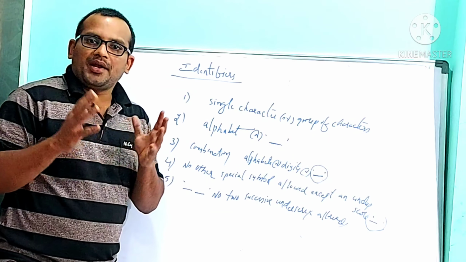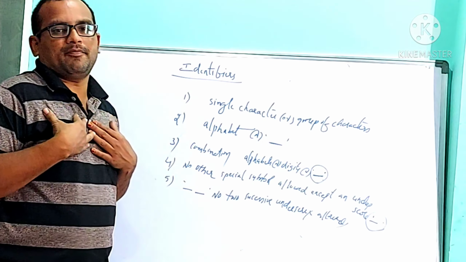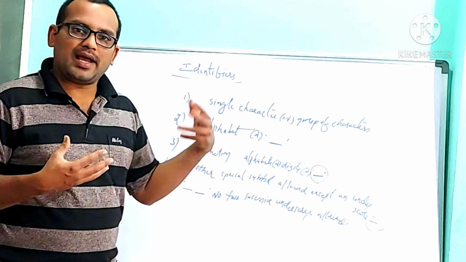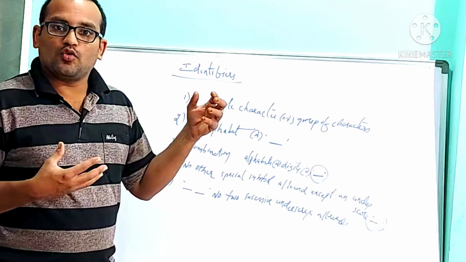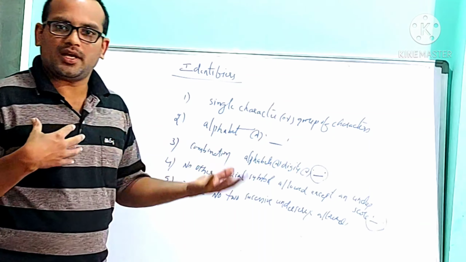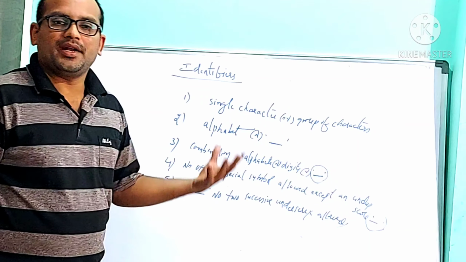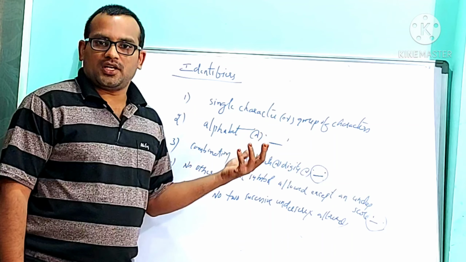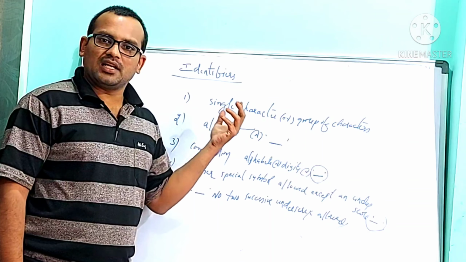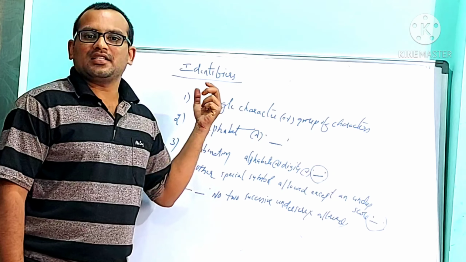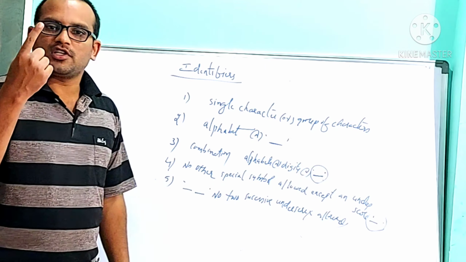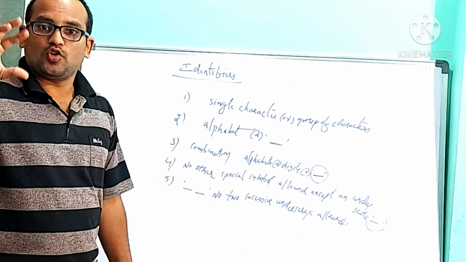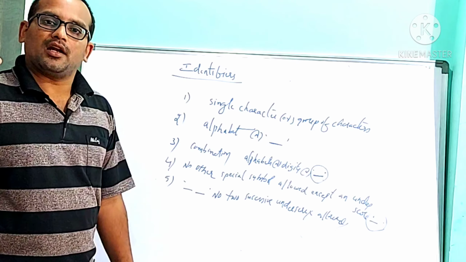Again, I'm telling you, identifiers are the names. My identifier is my name. Like that, in C also, we are giving names to variables, arrays, strings, structures, unions. So who is giving that name? User. So any name given by the user is called identifier. And while naming an identifier, we need to follow some conditions. That identifier name contains either a single character or a group of characters. The first character must be an alphabet or underscore. Remaining all characters are a combination of alphabets or digits from 0 to 9, and also a special symbol like an underscore.